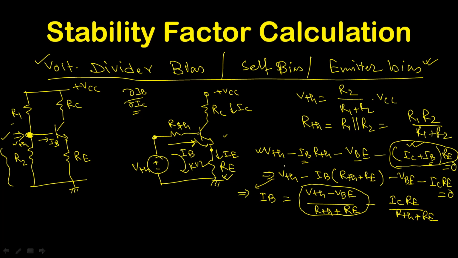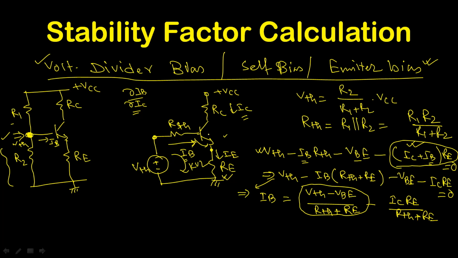So if base current reduces, of course the collector current will reduce, because the BJT is a current control device. The collector current is controlled by base current. The summary is, when the temperature increases, the collector current tries to increase, but this voltage drop will reduce the base current. That means the base current value will not increase. As a result, this constant base current will provide a constant collector current. So in this way, this circuit maintains a constant Q point, a constant operating point.